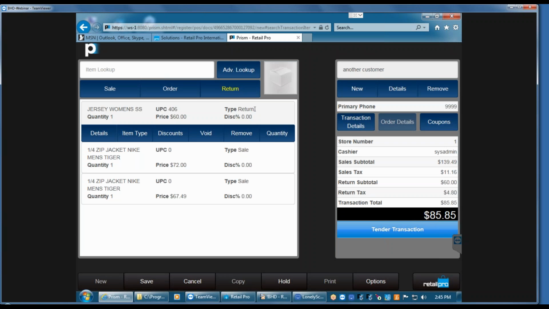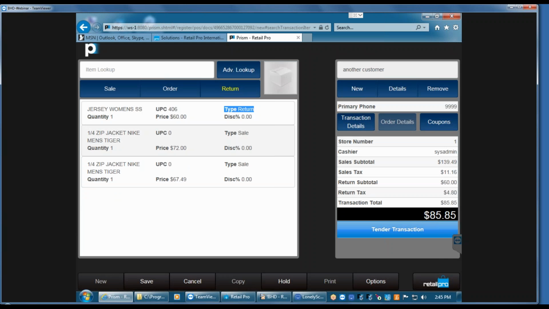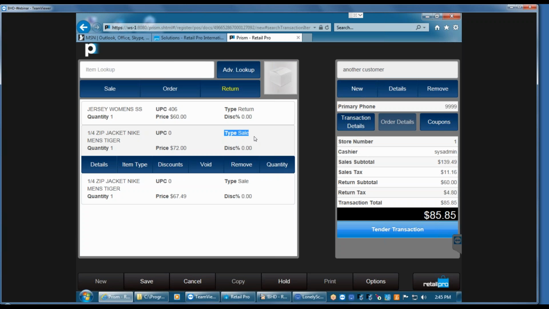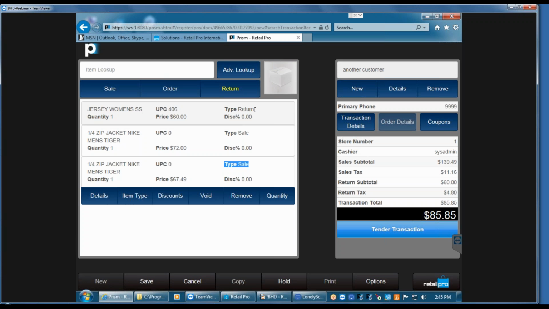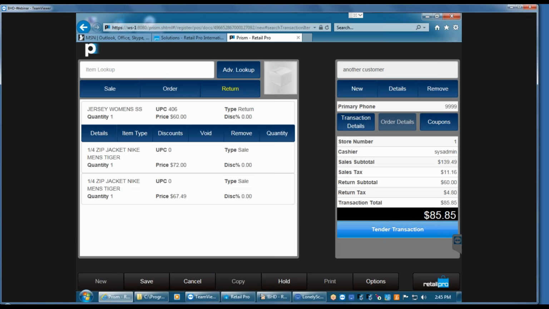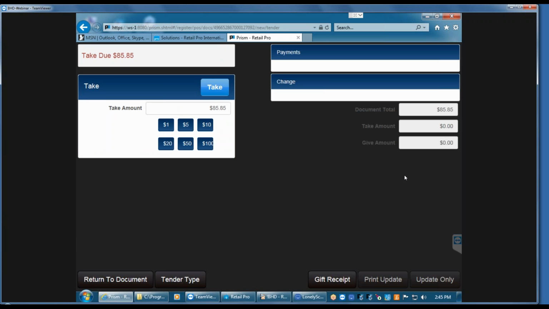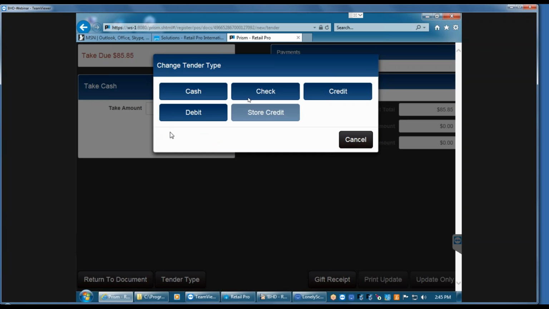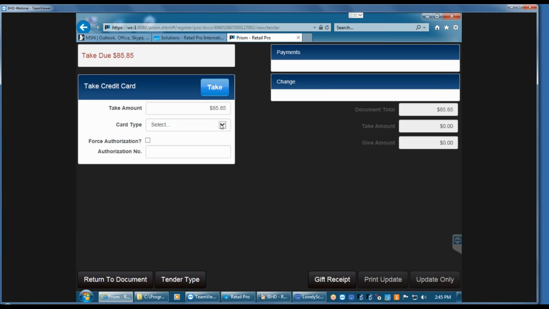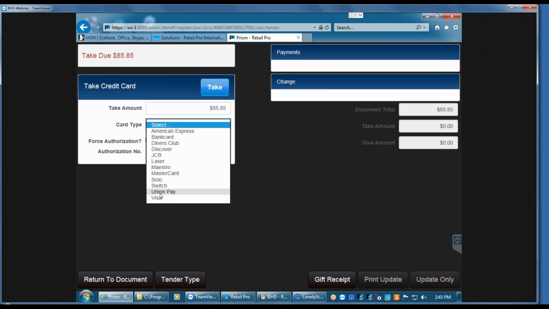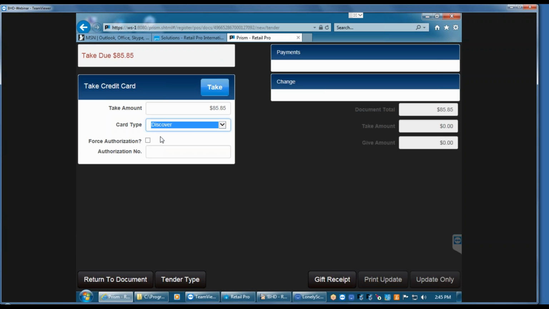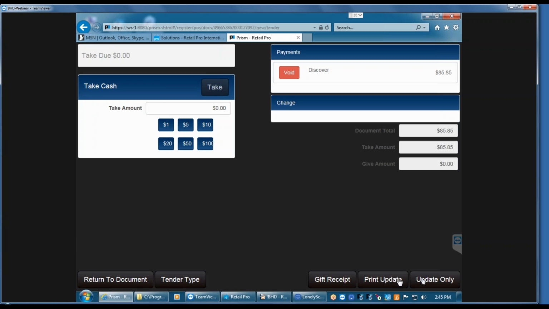Right, so you can see where it says type return right here. That's the indication that that thing has been returned. This is a sale. This is a return. So that's how you tell what that is. Right, so as in version 8 or 9, it figures out how much the difference is. I'm going to tender it. This time I'm going to change to a credit card, because I don't have it hooked up to anything, but I can say, oh, Discover, why not? Take it, okay, print and update,